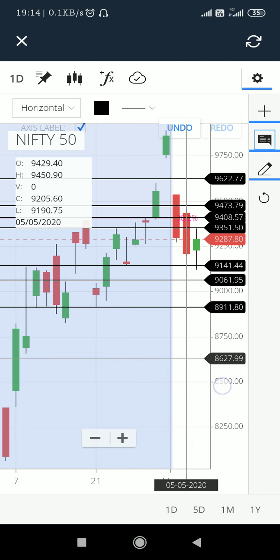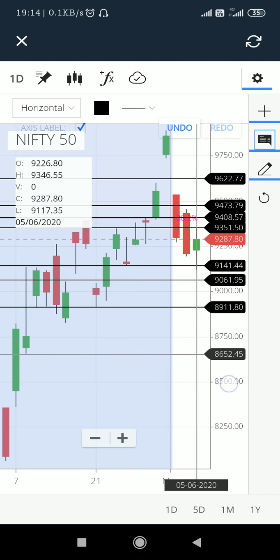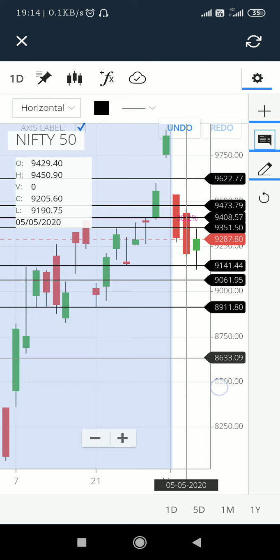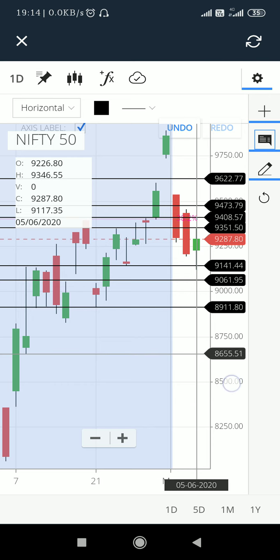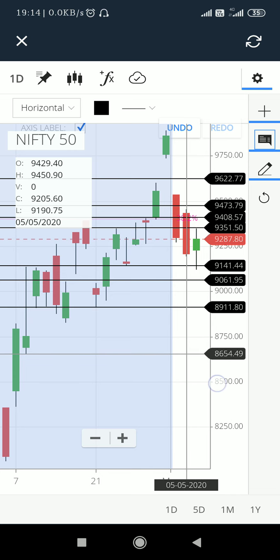Now on the other hand, if it breaks on the higher side, buy above today's high breakout. You can buy Nifty futures, or you can buy the ATM, the at the money call options, for the target of 60 points. If the Nifty 50 spot hits the 60-point target, just make sure that you move your stop loss cost to cost, or you book your position. So that was the Nifty 50 analysis.